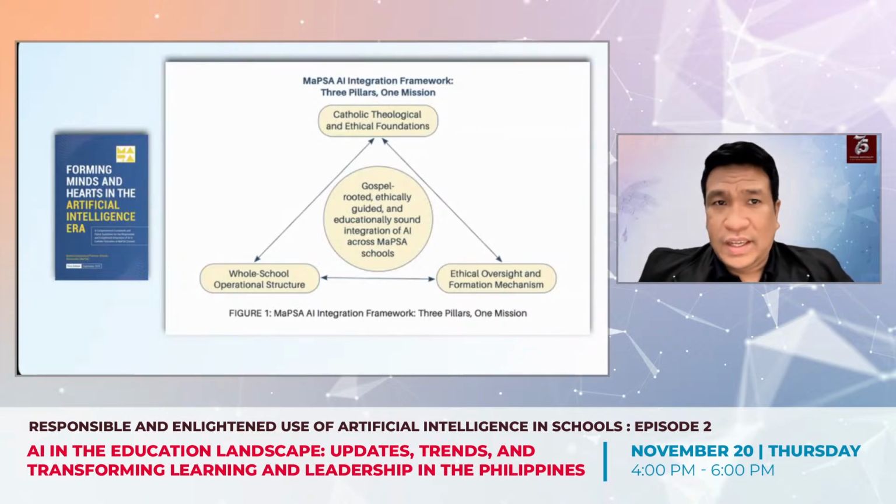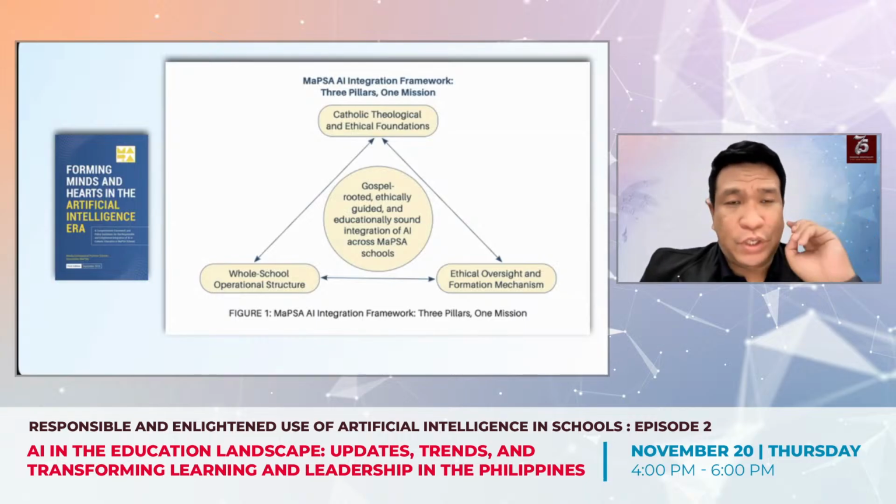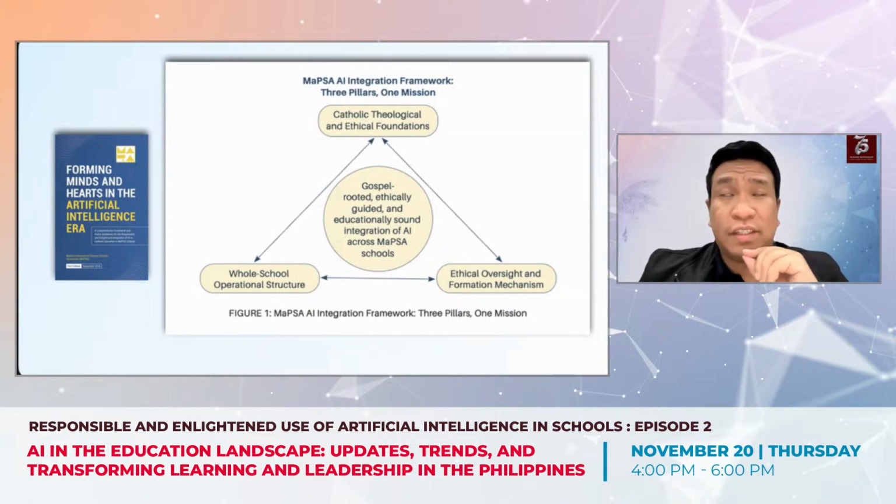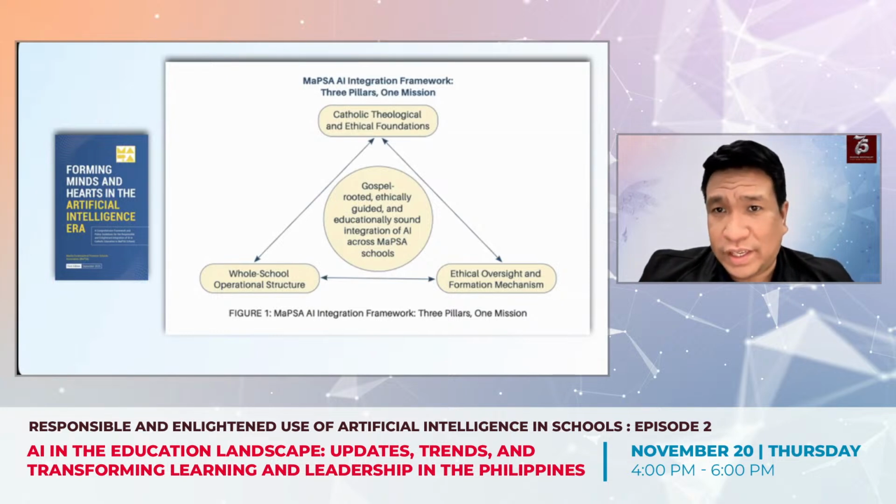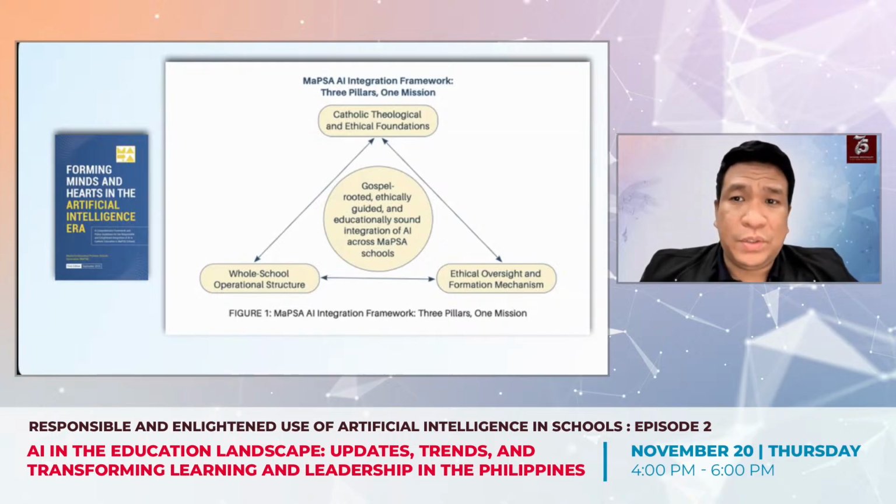our faith. At its center, this is just an example, no? I'm showing you an example of an AI policy framework which can inspire you also to experiment and try and explore. Kasi kung sabi nga natin, structured implementation, kailangan natin ng policy. Okay? At its center is a bold but essential mission, gospel-rooted, ethically guided, and educationally sound integration of AI across